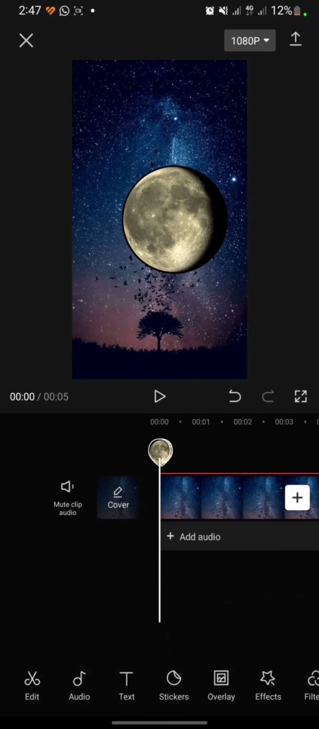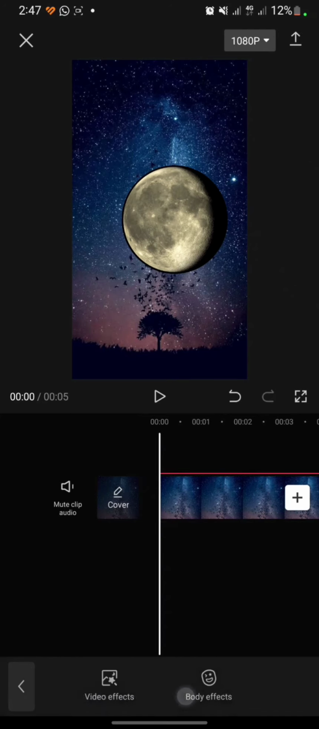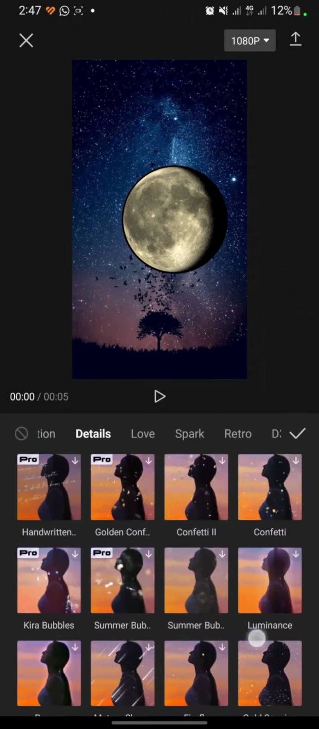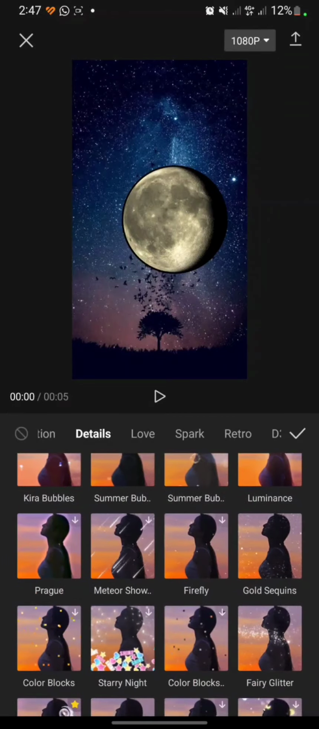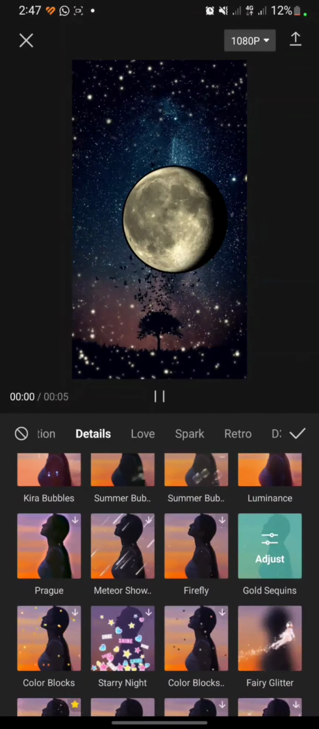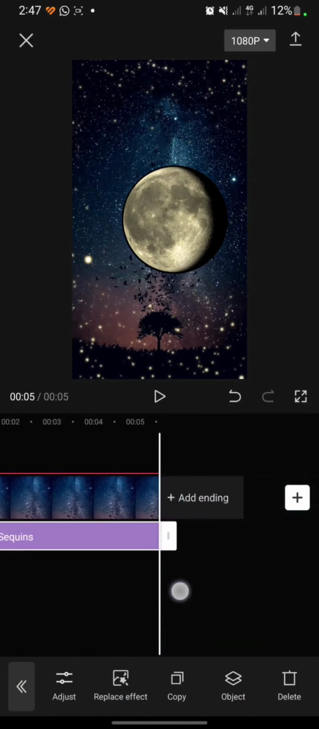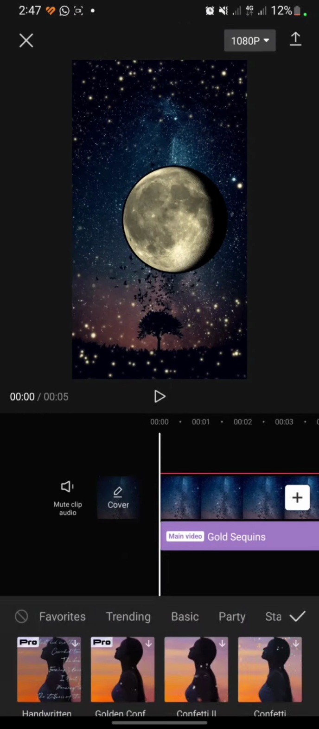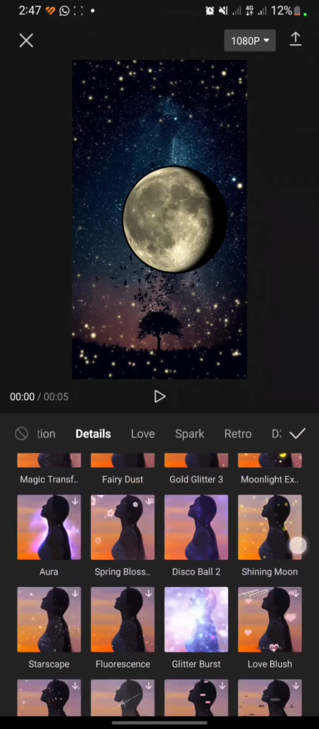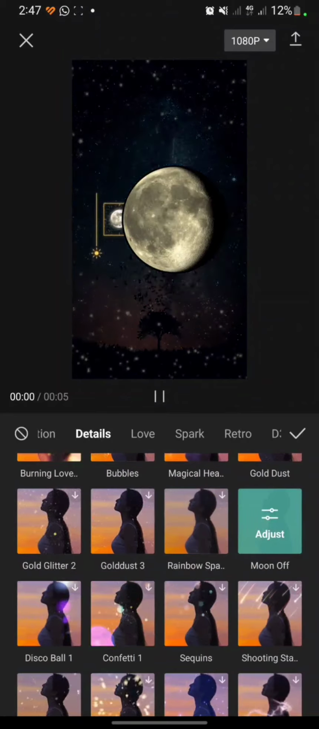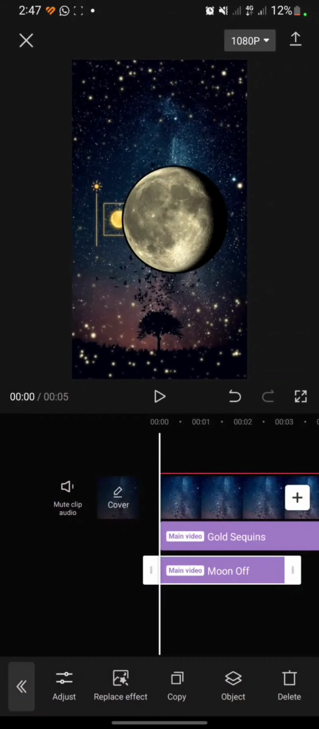And after that I will add an effect. Click on the effects and then click video effects. And after that I will use gold sequence. Click save, match the duration, and then I will add a new video effect again, and I will choose moon off like this. Click save,